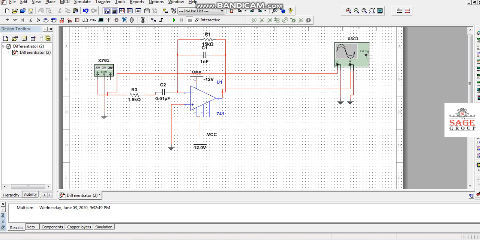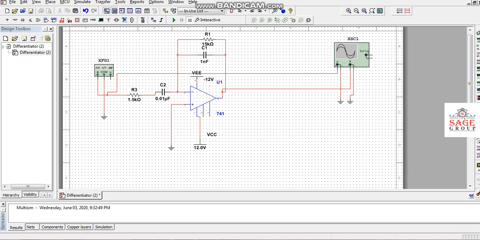First of all, in the feedback circuit, a resistor of 15 kilo ohms and a capacitor of 1 nanofarad are connected in parallel, and we are giving this parallel connection of resistor and capacitor to the inverting terminal of the operational amplifier. Hence we are calling this differentiator an inverting amplifier, and the non-inverting terminal is connected to the ground terminal.